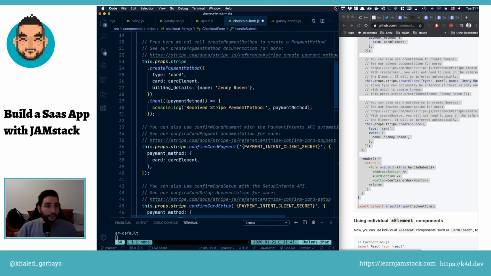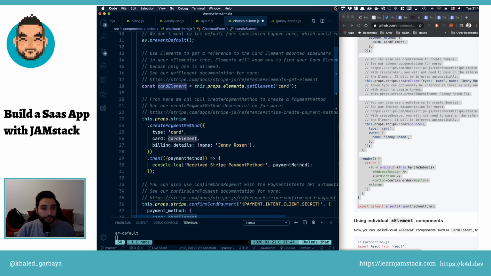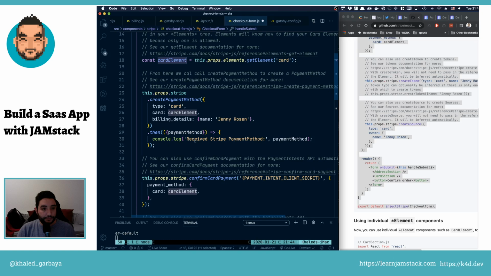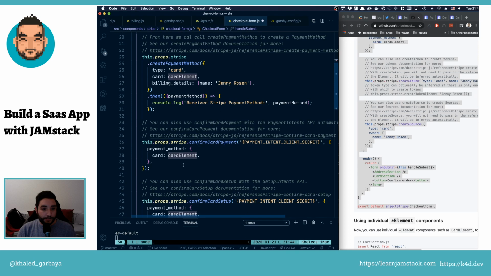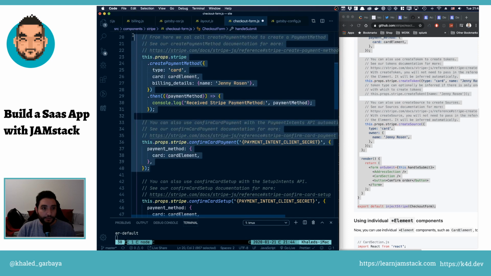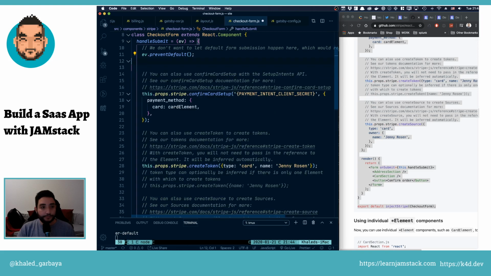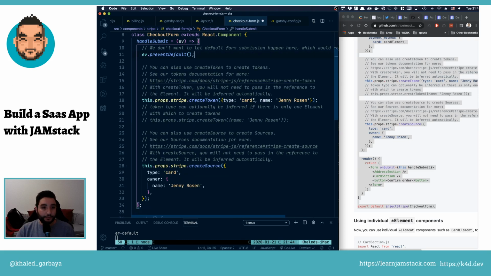So I think we only need to create the token, but let's see what's missing here. Card element, that's the card element. We create a payment method, received start payment method. You can also use, yeah, I think we don't need all of this for now. And this is also not needed. We only need to create this token